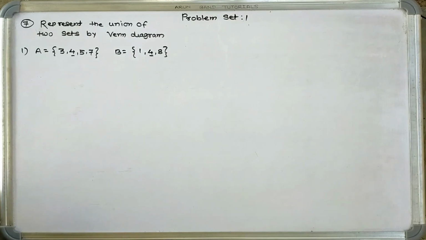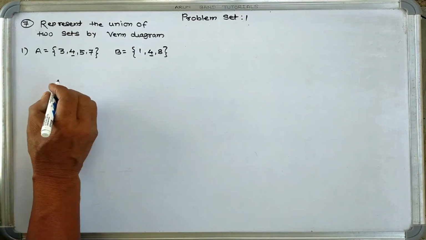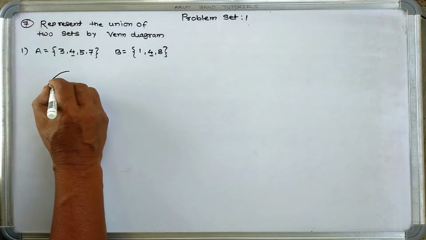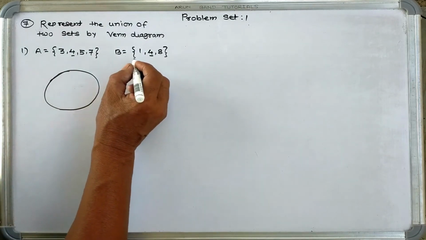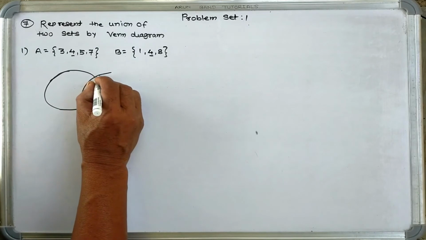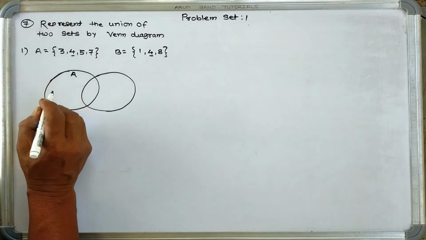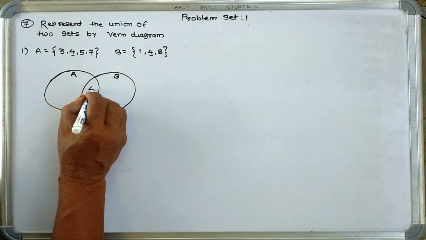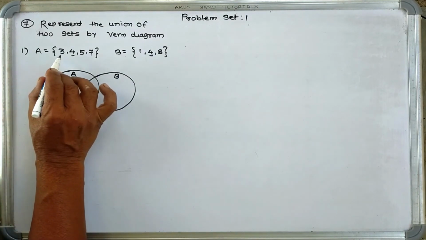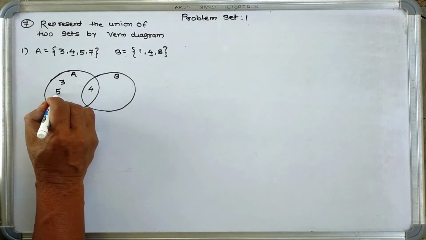So we will draw the set A by circle, another set by again circle, and then we will show the union of two sets. So we will draw first circle, then we have one common element, so we will draw another circle again. This is our set A, this is our set B. We have 4 as a common, so in intersection we will write 4. Then remaining elements are written 3, 5, 7. So here we will write 3, 5, 7.